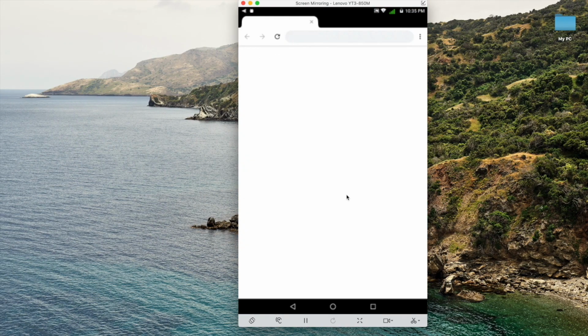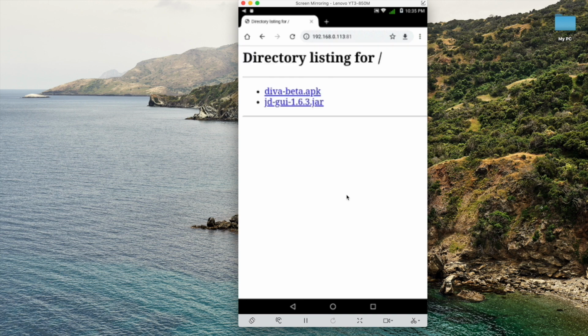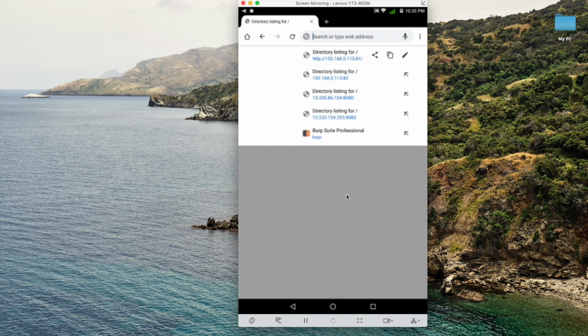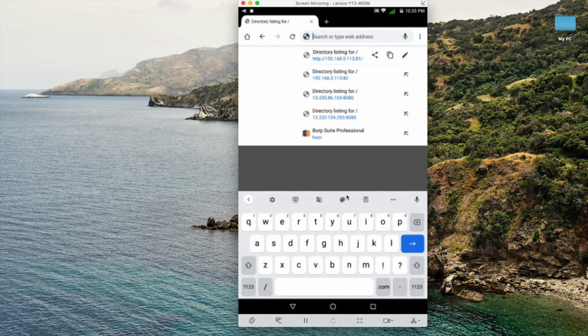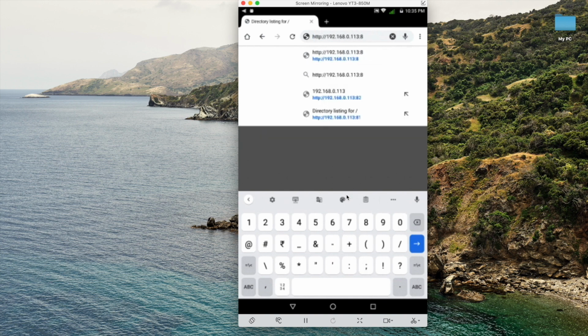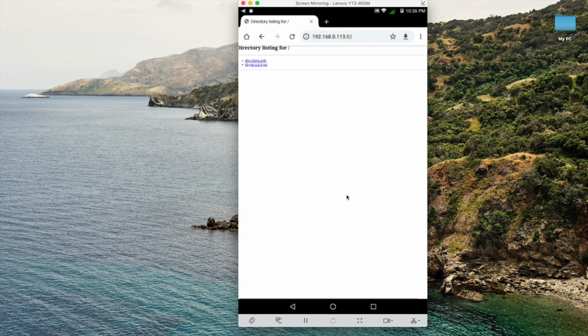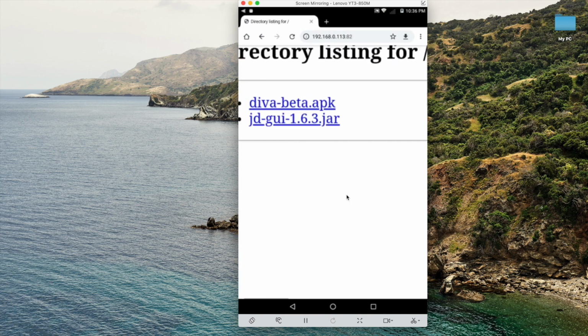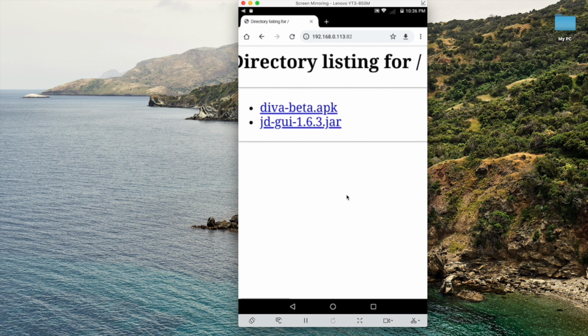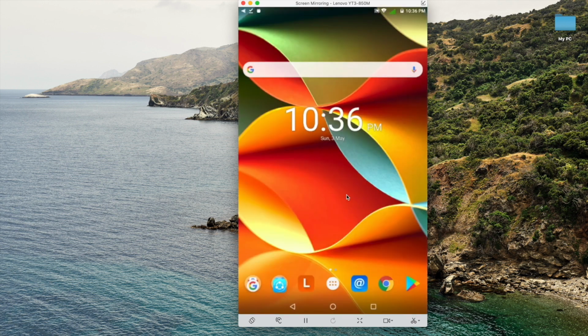Again, I'll be using AirDroid to show you all, and I'm going to install the Diva beta app on this device. I am using a Kali virtual machine inside VirtualBox in bridge adapter mode, so it gets its own separate IP. I started the server, opened it, and downloaded the app.